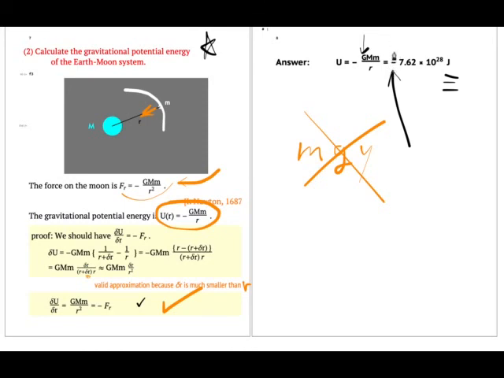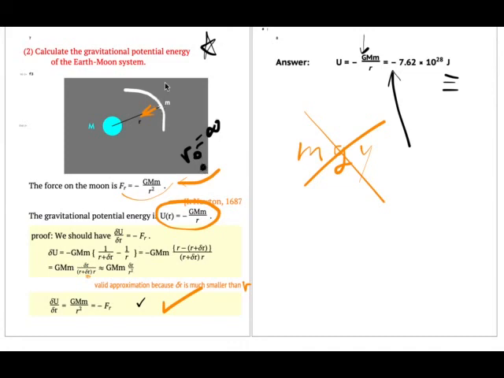What does it mean that it has negative potential energy? Well, the reference point is the point where r is infinity. So if we take as the reference point way out here where r is infinity, that's the point where the gravitational potential energy is 0. You see at r equals infinity, U is minus GMm over infinity. That's 0. So if I take the reference point to be infinity,